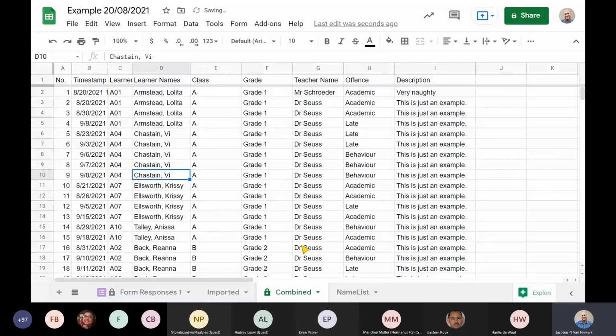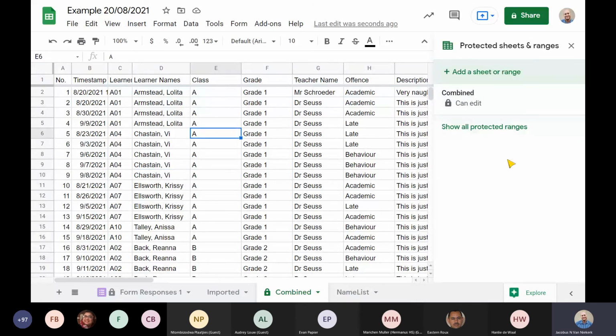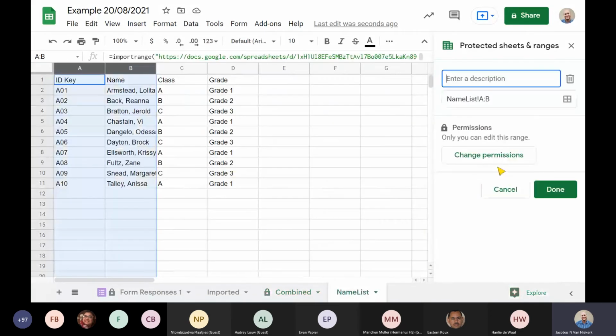Oh, how do you undo the restrictions? Well, if you've already got them set up, over here you can see my little lock icon. If I click on that and go to protect sheet and just say cancel, it shows me all the different protections that I've got, and I can say show all the protections on the sheet, and from there I can modify any of them. So I can say, I actually want to change this. They should not have access to A, B, C and D. They're supposed to be able to access everything except row A.